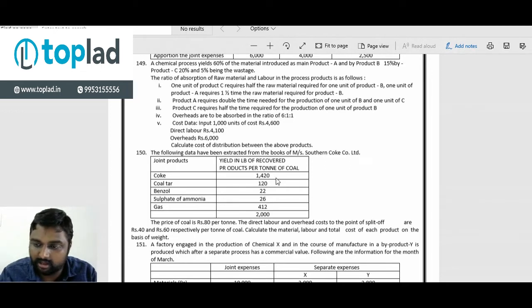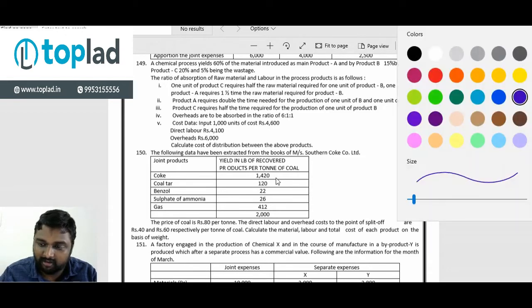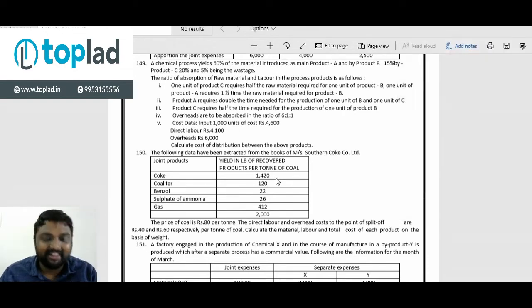I'll just change the color of my pen. Which color will I choose? Can anyone predict? How many of you predicted red? So 150. Though I selected red, I got a different color.